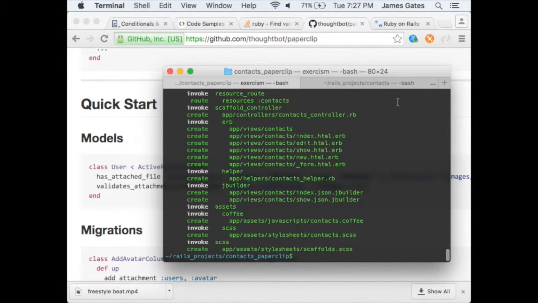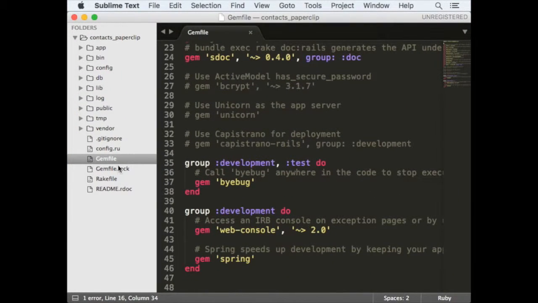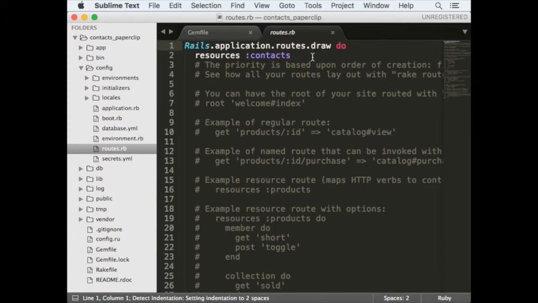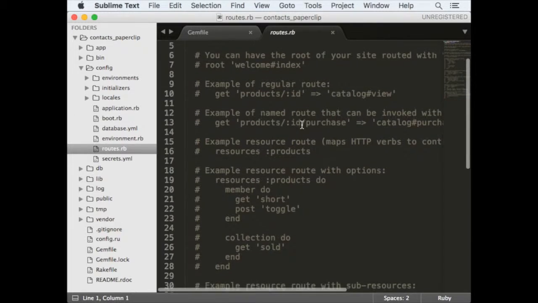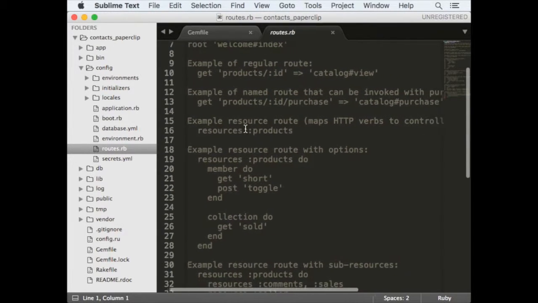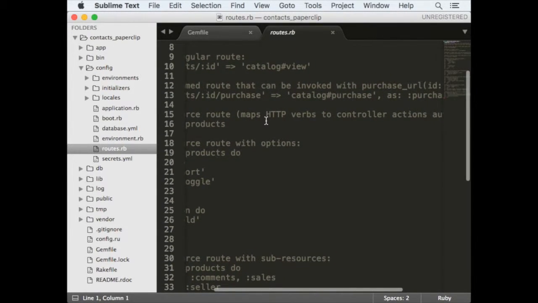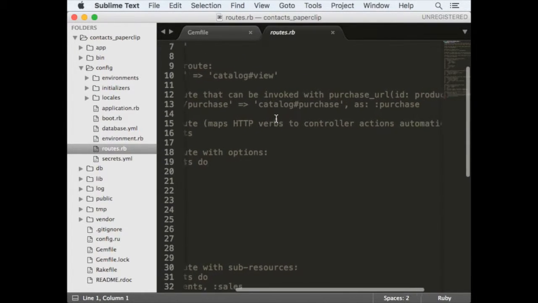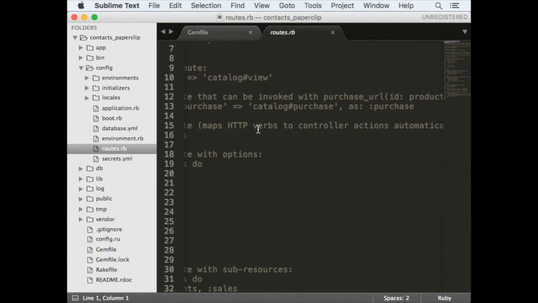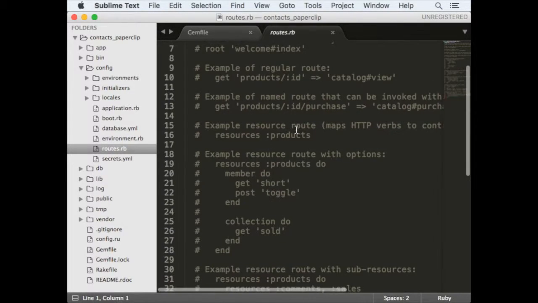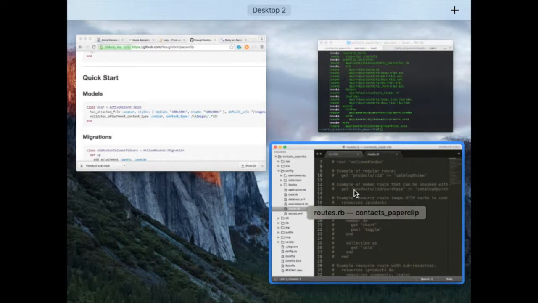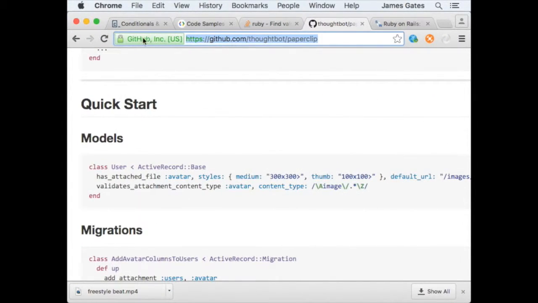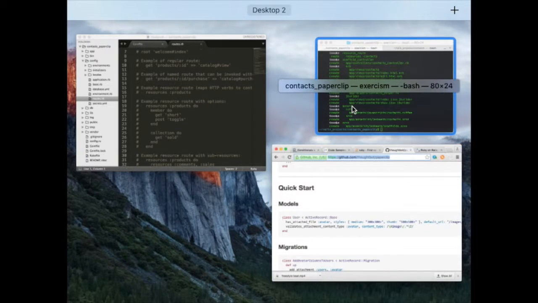All right, let's look at what that did. Starting with our routes, see, it created a resource. It created this thing called resources for contacts. Resources is a shorthand way of doing the RESTful routes. It matches them and handles all the get, post, patch, put, whatever, for all the proper actions. So just by having resources contacts in my routes file, I can